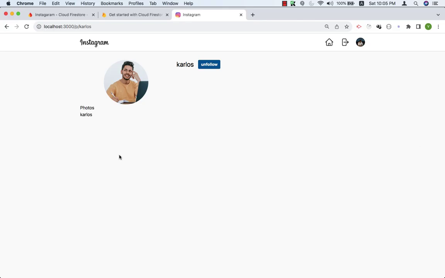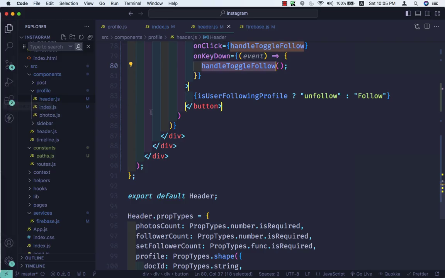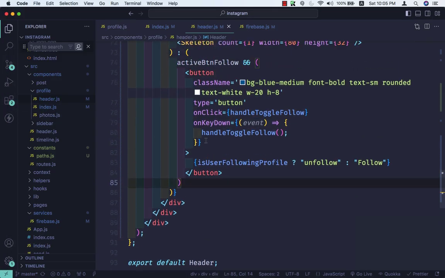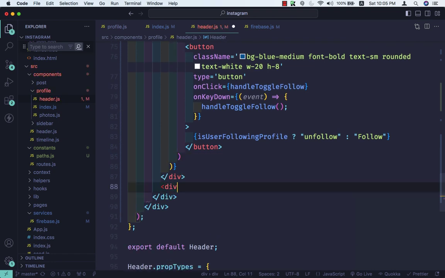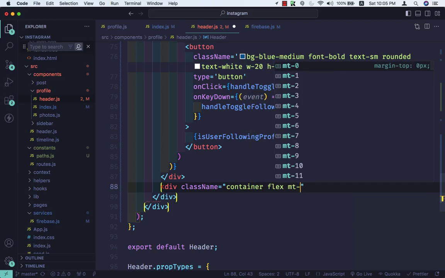Okay, that we will see. First, let's finish the HTML. So this is done. Then we will add one more div here with a class name that is going to be container flex. Margin top will be 4,